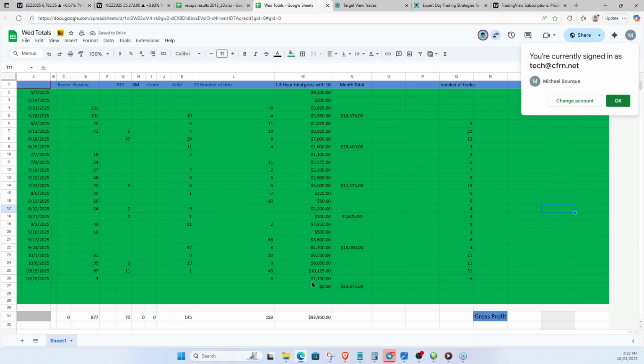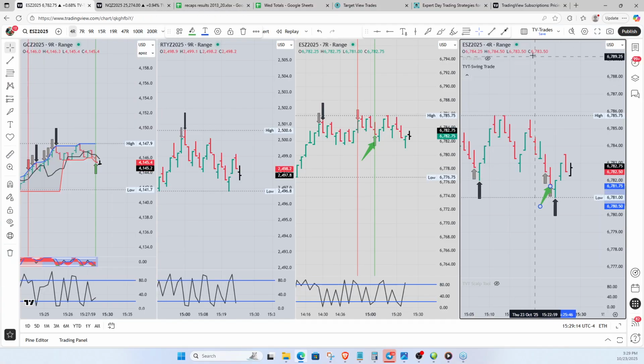Okay, we're getting there. Okay, good. Yeah, just show and tell, Craig. The 4 range is kind of slow, but to get more trades in this time period, to give you more examples, you can jump on the 4 range right there. Gold right now in a 9 range, I just gave a long trade right here on the open of that bar. So you could pretty much jump on right now if you wanted to, I think.